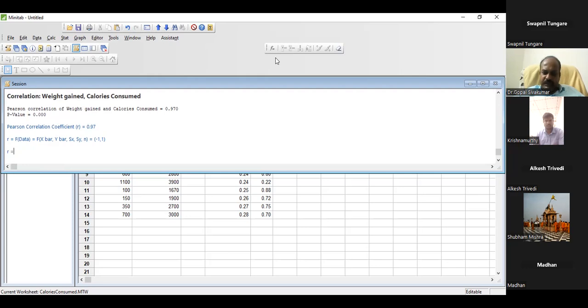If r is equal to 0, it simply means there is no